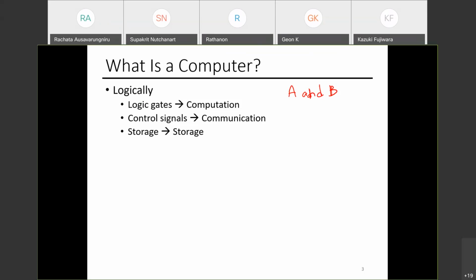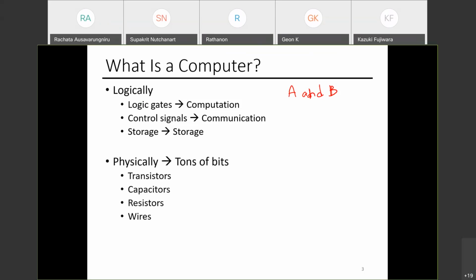Storage is, as you know it, hard drive and SSD. When you buy them, you store your files in there, right? Physically, these are just tons of bits, tons of electrons. I believe you should have heard of the word electrons and know what they mean. These are just electrons that move around in wires. It has certain conductivity. You can move from one location to another. That's it. Bits. How many of you never heard of bits? Zero and ones.